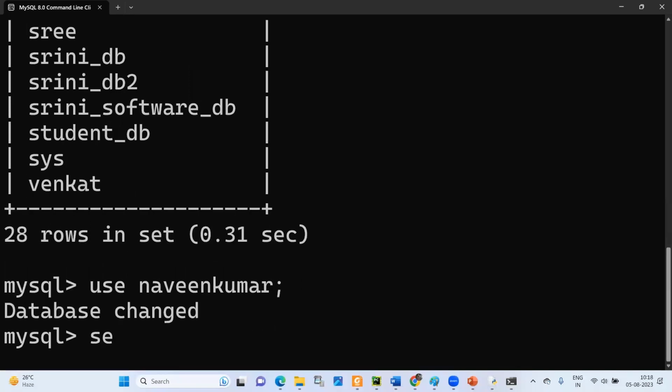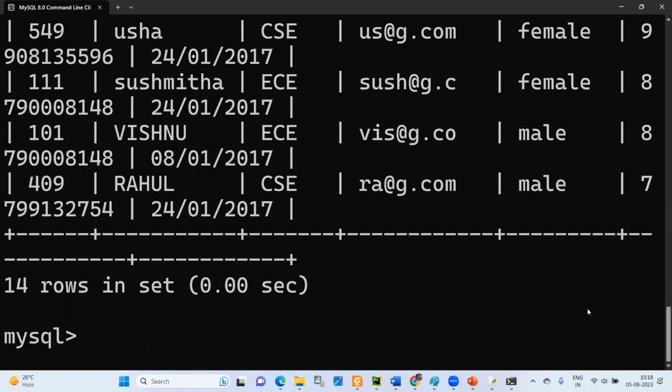There is an SQL command called select star from the table students1. You see, the data is available, like just now I gave: 409 is the roll number, Rahul, department CSE, mail ID, and his date of birth. Am I clear? This can be searched from the front end also.